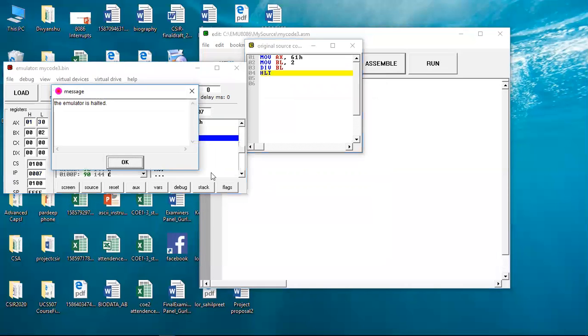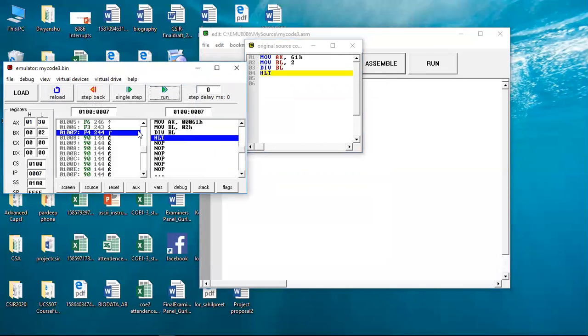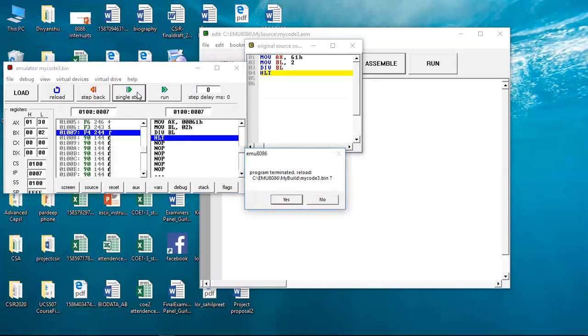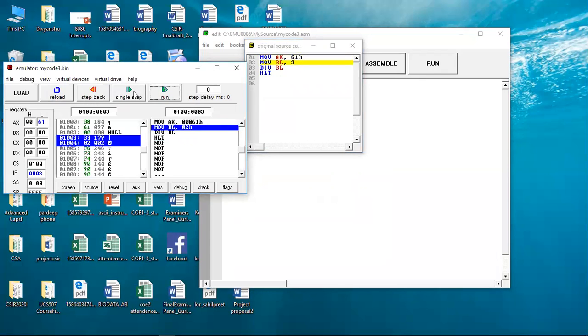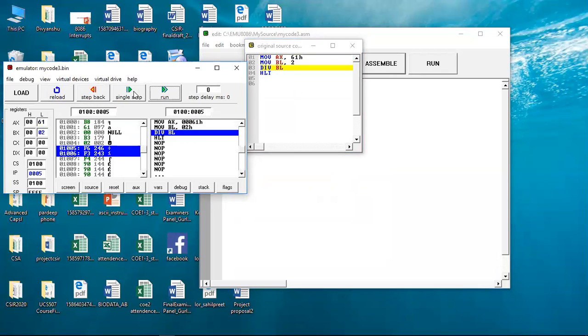When we are running this code, we will see the output. First case is again AH 00 and AL 61. The second case is BL is 02 and BH is 00.